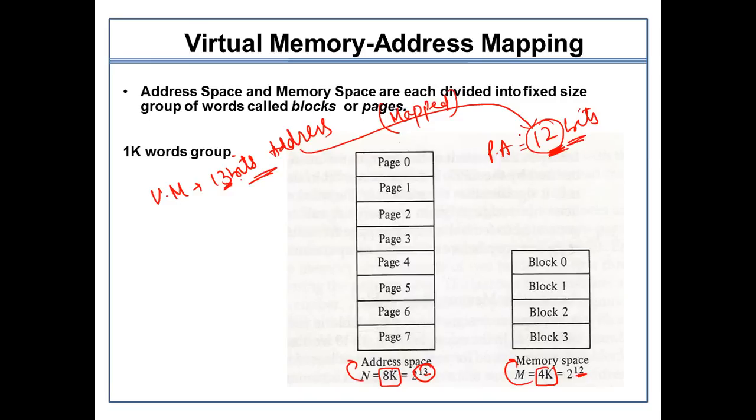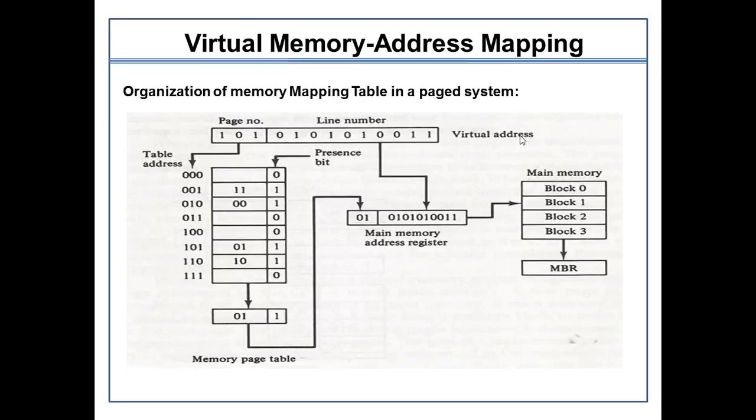So let us understand how this entire thing will happen. Here is one example that I have taken. The scenario is the same. I am using a 13-bit virtual address. This was the first step. You can see 1, 2, 3, 4, 5, 6, 7, 8, 9, 10. These are 10 bits in total, and plus 3 makes 13, right? So the total virtual address is of size 13 bits, as per the example which I was explaining earlier.